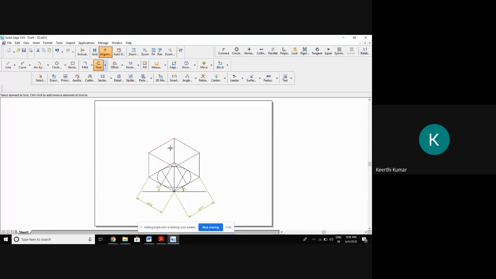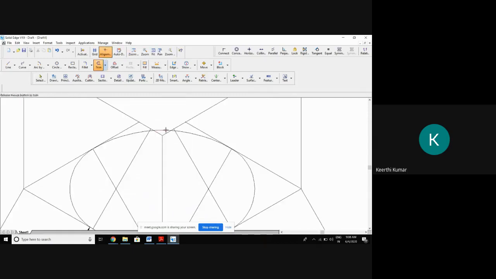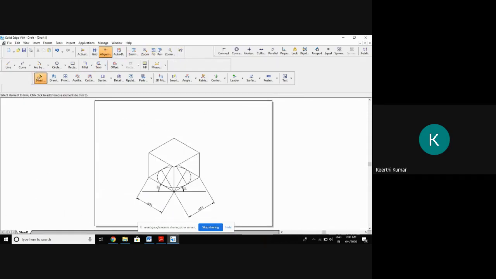Once you get the top box, you rub whatever is there inside. So what is there inside? This is there. I don't want that. This line I don't want. I don't want this line, this line, this line. You rub everything slowly. I don't want this. You retain with the plain box at the top. See, nothing is there inside the box. Like that, you rub.